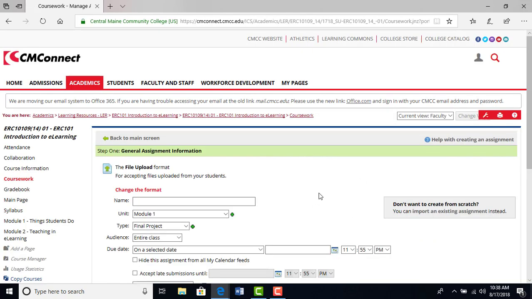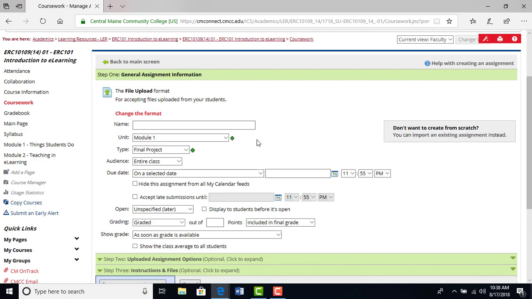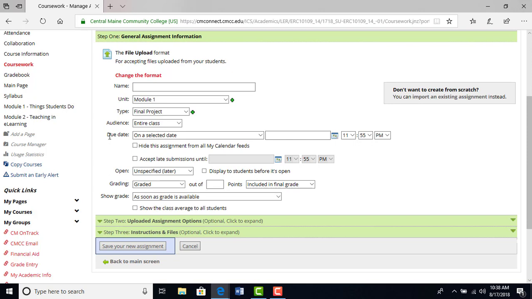Much of creating the assignment is very similar throughout the different types. You give it a name, you determine the unit, the type, the audience, the due date. If you're going to accept late submissions, you determine when you want it to open, how it will be graded. With the online test format, a lot of it was graded by the system, depending on the type of test. With an upload file format, you might choose to grade it manually, use a rubric, give credit or no credit,